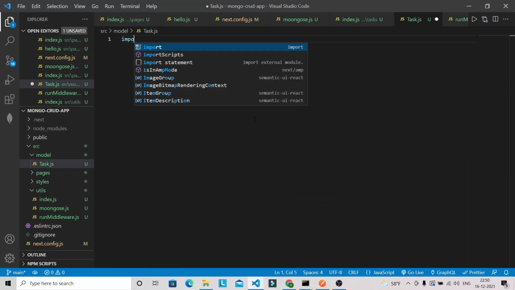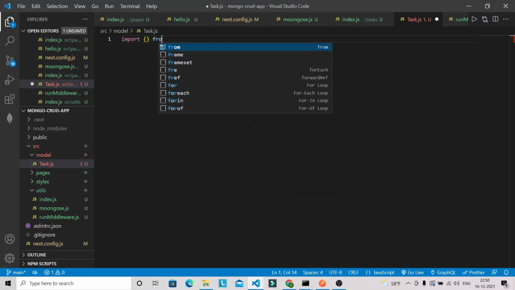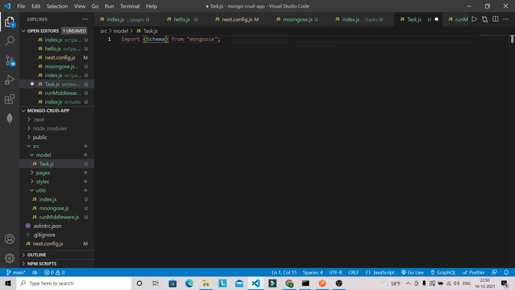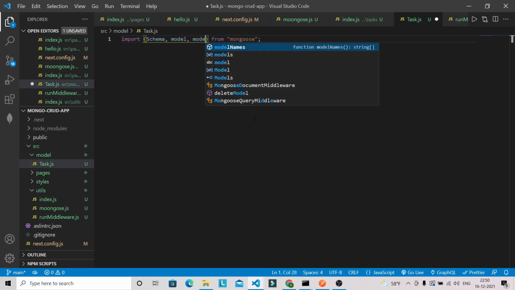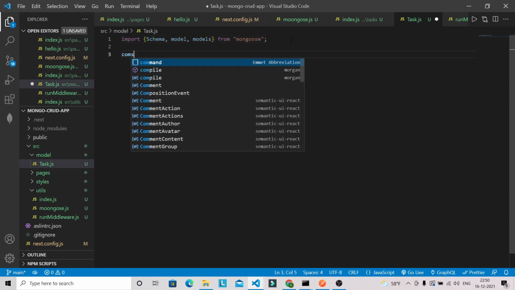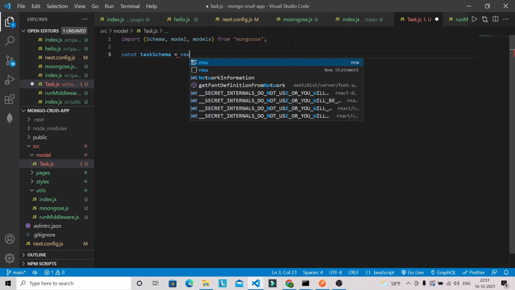So first we are going to create a schema for the task. So we need to import model schema from our mongoose. So from mongoose we need to bring Schema, model and models. Okay, and then we can create our task schema. So taskSchema, new Schema.